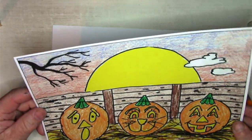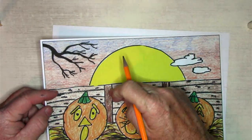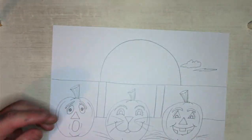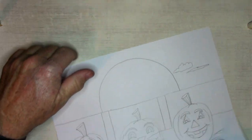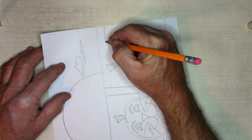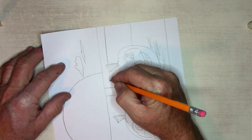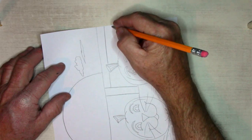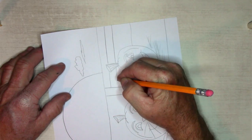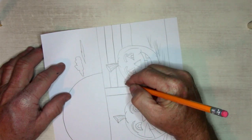Now, from there, it is mostly coloring. I do plan to put a few of these in there. Let's just go ahead and do that. You don't have to when you color it. You can just run your strokes this direction. It'll kind of give the same effect. A little better if you put the lines really. Actually, a lot better. It takes a minute to do it,